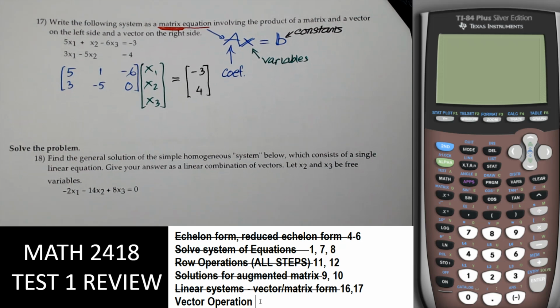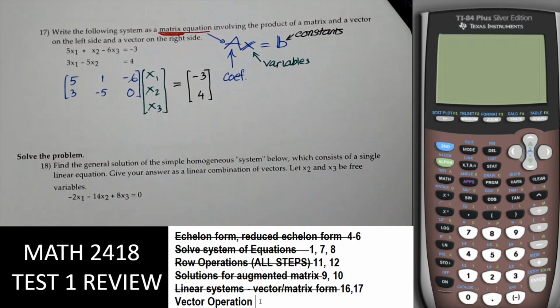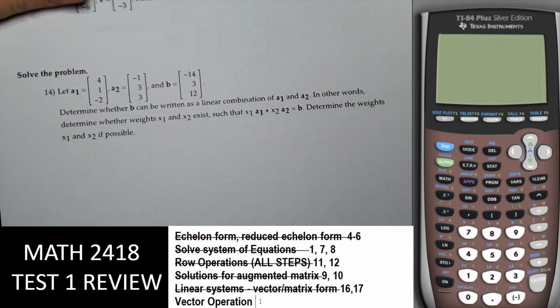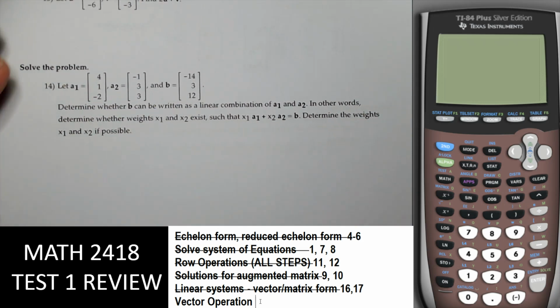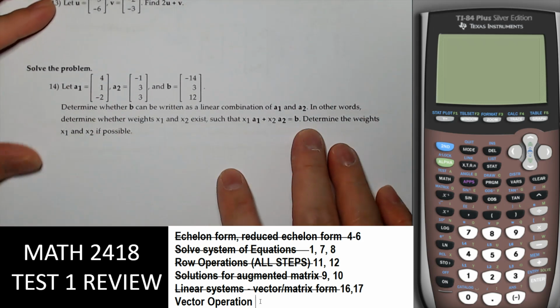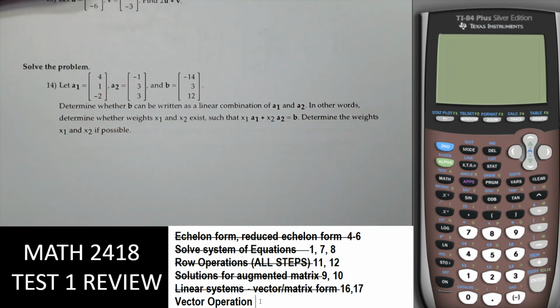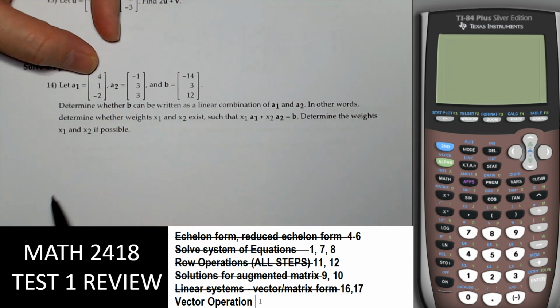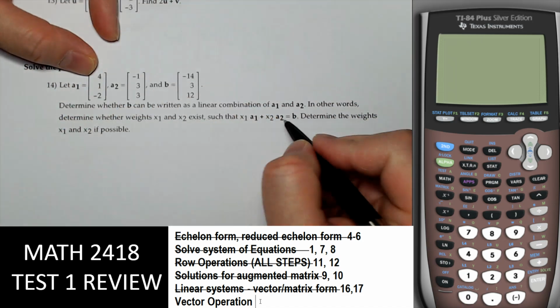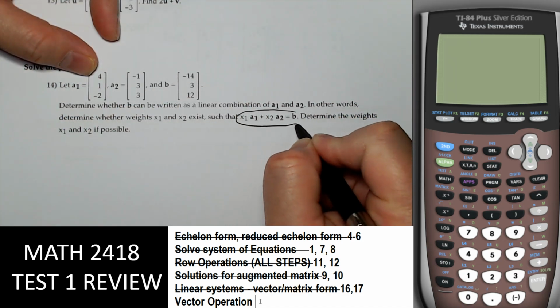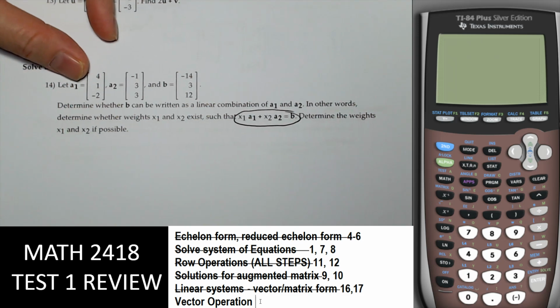While we're here, let me just also go to number 14 just quickly, and then what we're trying to do. So on this one, we're trying to see that, so for x1 and x2 if possible. So we're going to write in this form. So x1